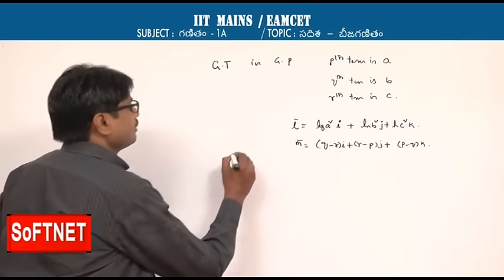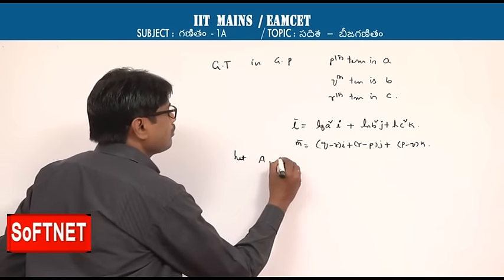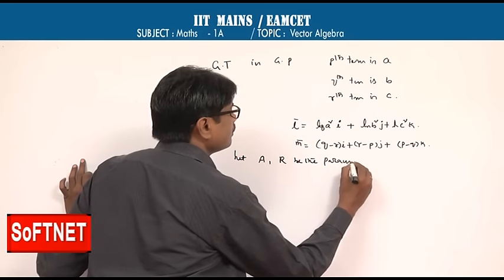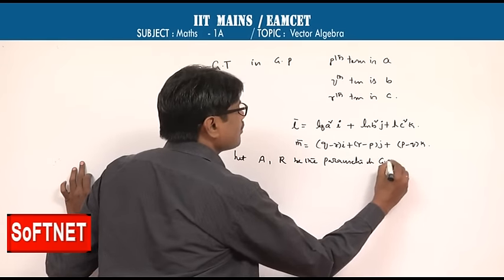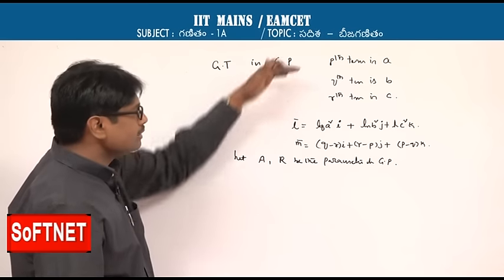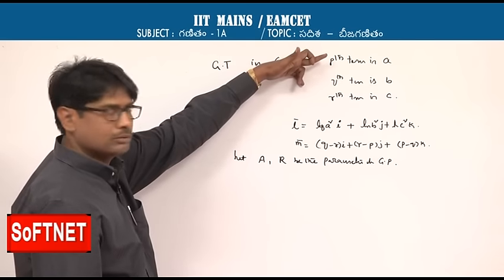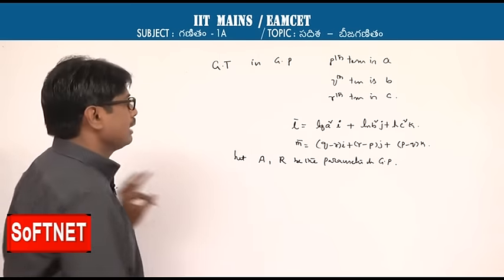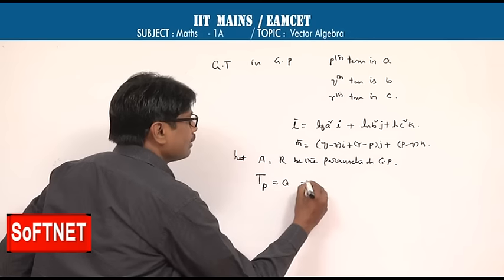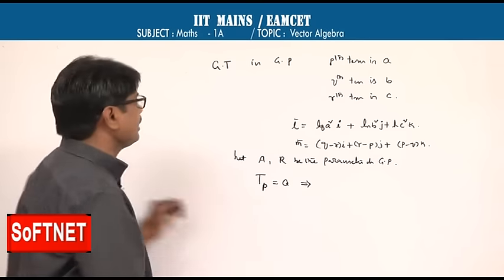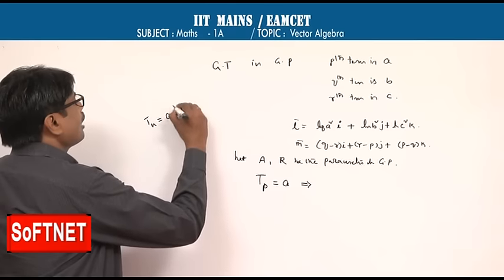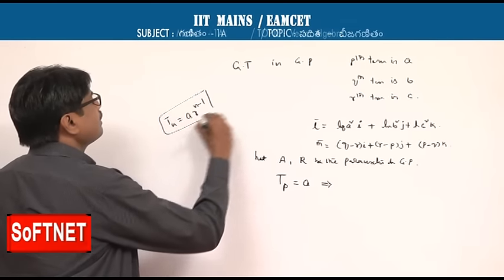So let capital A and capital R be the parameters of GP. జనరల్గా మనము జీపీ పారామీటర్స్ స్మాల్ ఏ స్మాల్ ఆర్ తోటి తీసుకుంటాం, కానీ ఇచ్చినటువంటి ప్రాబ్లంలో కూడా స్మాల్ ఆర్ ఉన్నాయి కనుక క్యాపిటల్లో తీసుకుందాం. Therefore the pth term is equal to a, అంటే that implies what is the general term of the geometric progression? Tn is equal to a into r to the power of n minus 1, the general term of the